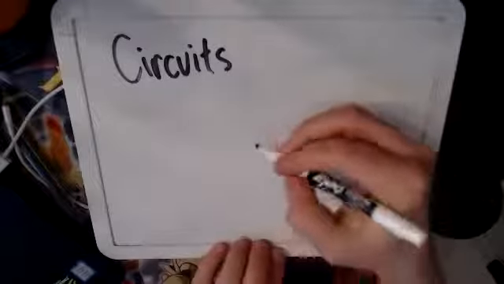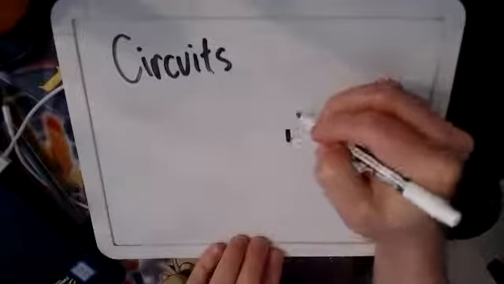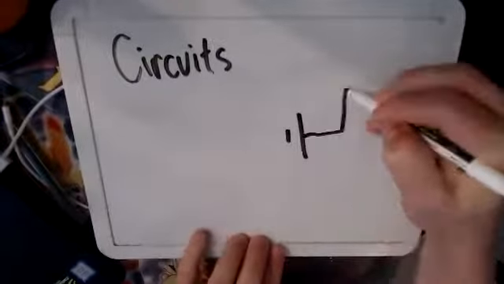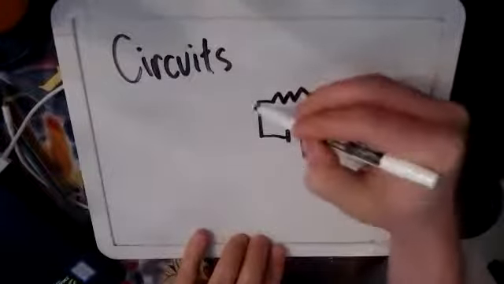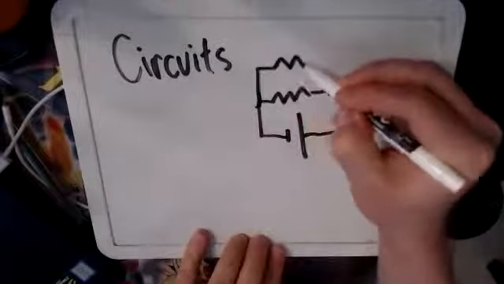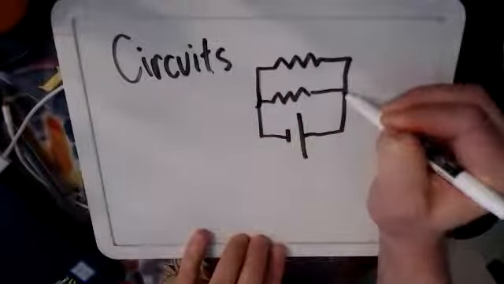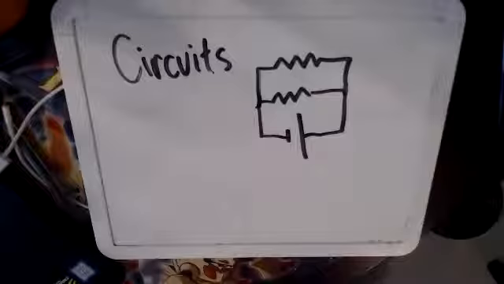Parallel circuits are a little bit different, but we're going to use the loop rule to help us solve it, but then we're also going to use the junction rule. Parallel means it has multiple branches and multiple paths for the current to flow. So I have my parallel circuit right there. And then what I'm going to do is draw 2 separate loops. I'll have a green loop,